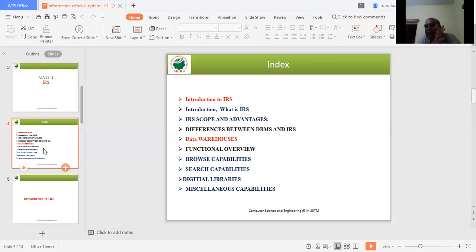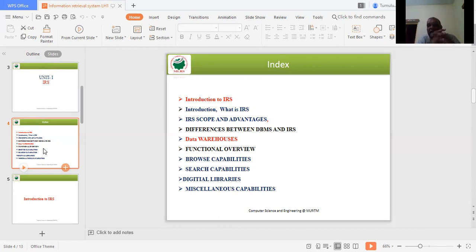Different information is available on the web, and all the information that we have on the web, we are going to retrieve. In the retrieval, the information which is stored in the system is retrieved. We have many advanced algorithms wherein we are going to retrieve the information based on the searching process, based on the query that we are going to give.